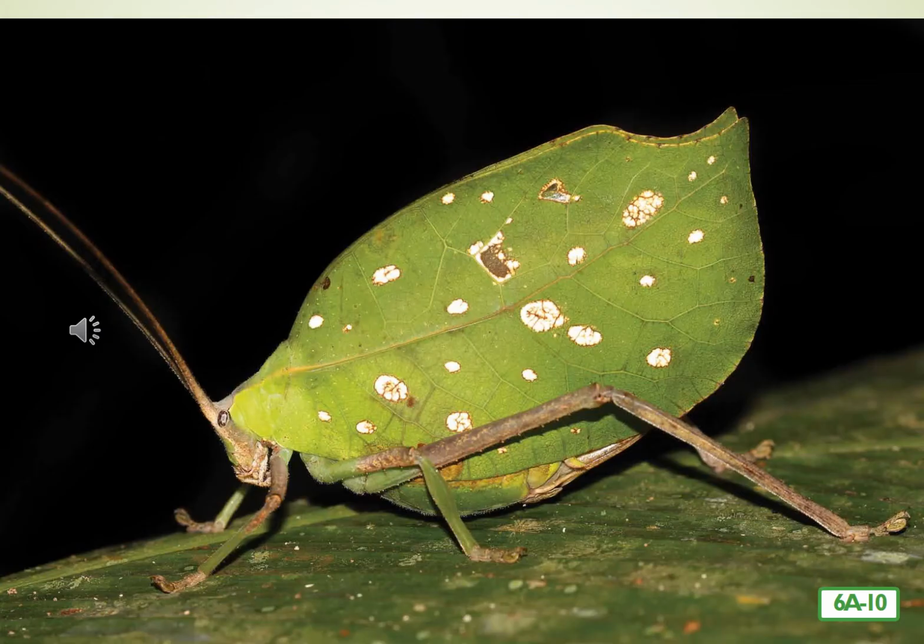You may be familiar with my cousin, the katydid. Katydids have a long antenna just like me. As they rub their front wings together, it sounds like they are calling out, "Katydid, katydid." Their high-pitched calls become faster and faster as the outside temperature rises. Some people even say that you can tell how hot it is by the number of times per second a